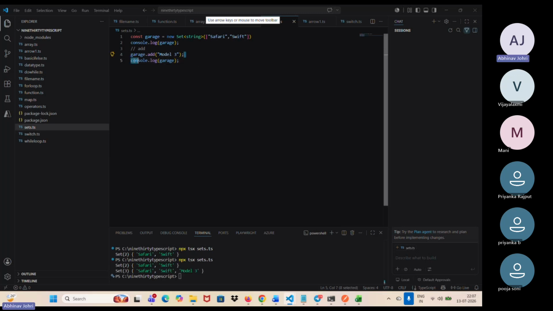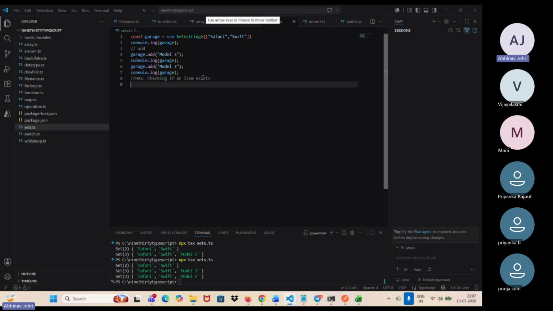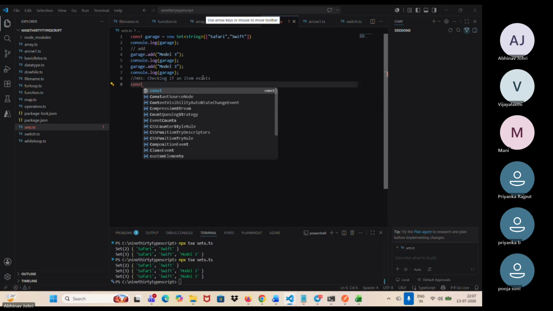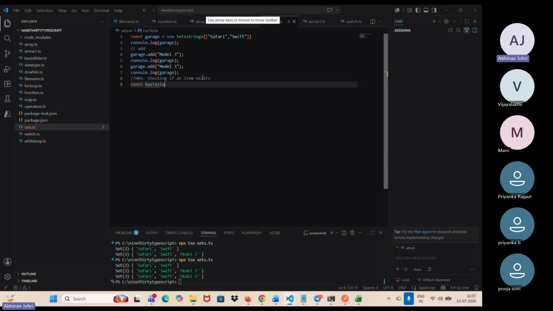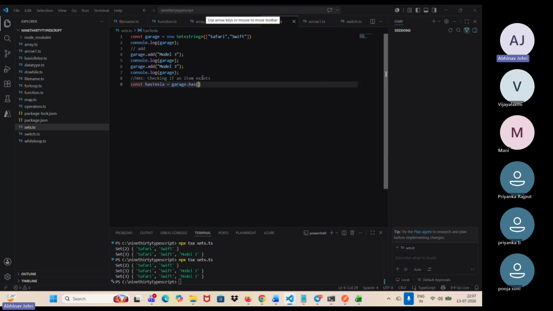अब मैं वापस मॉडल 3 ऐड करता हूँ। मैं कह रहा हूँ डुप्लीकेट एलिमेंट नहीं आता, तो मैं वापस डुप्लीकेट एलिमेंट ऐड करता हूँ और प्रिंट कराने की कोशिश करता हूँ। ठीक है, ये आ गया। सो मेरा डुप्लीकेट एलिमेंट ऐड नहीं हुआ, सो वी कैन नॉट ऐड डुप्लीकेट एलिमेंट। अगर मेरे को चेक करना है कि कोई पर्टिकुलर एलिमेंट एग्जिस्ट करता है या नहीं, तो उसके लिए यहाँ भी has कमांड यूज में आता है। तो मैं चेक करता हूँ, const has no is equal to garage.has मॉडल 3।